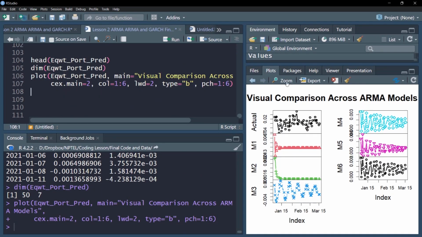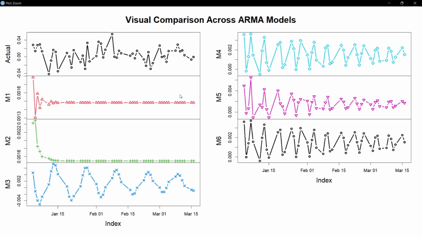So if I run this, notice a very nice looking plot has appeared. In each plot, you can have model M1, M2, M3 and so on, M5, M4, M6, their predictions and the actual object. And you can see all of them are different color, and not only different color, the point object, the point that is there inside line is also different. So it's a very nice plot, and later on we'll see which is more accurate here. You can see M1, M2 being very simple. After a few steps they converge to a straight line, while M3, M4, M5, M6, which are more complex, are giving some fluctuations which gradually die away.